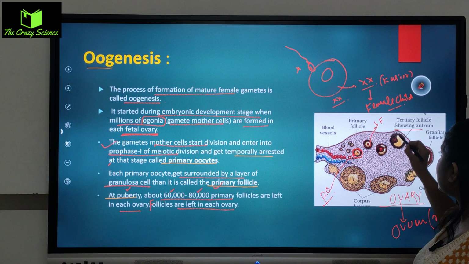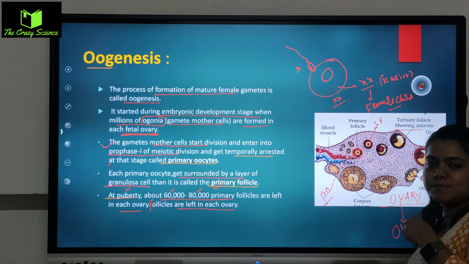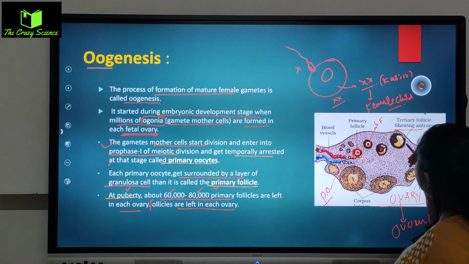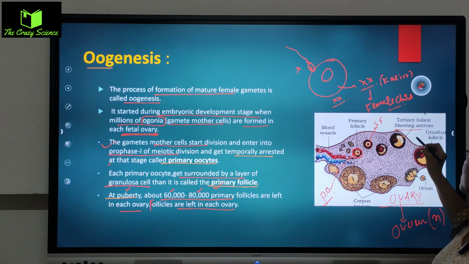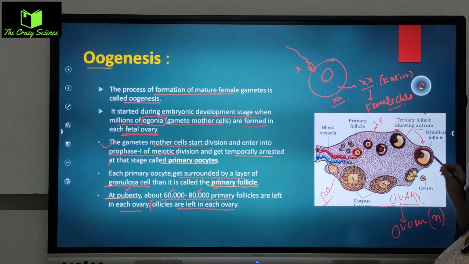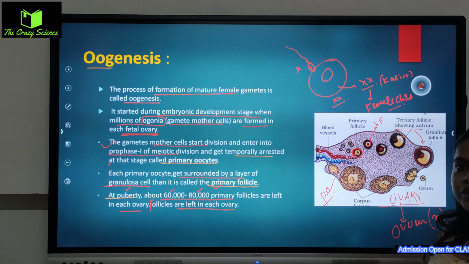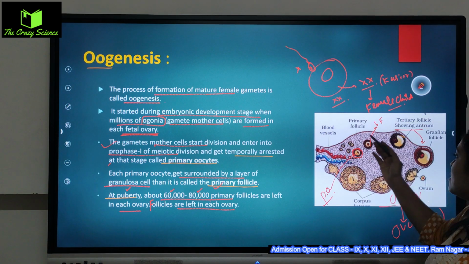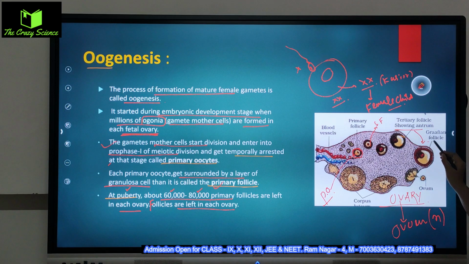Antrum হলো fluid filled space, এটার মধ্যে ফ্লুইডটা ভরে থাকে। And then tertiary follicle is converted to গ্রাফিয়ান follicle, এর মধ্যে তুমি দেখতে পাচ্ছ তার এন্ট্রাম, the fluid filled stage, সেটা অনেকটা বেশি বেড়ে যায়, more than these stages,